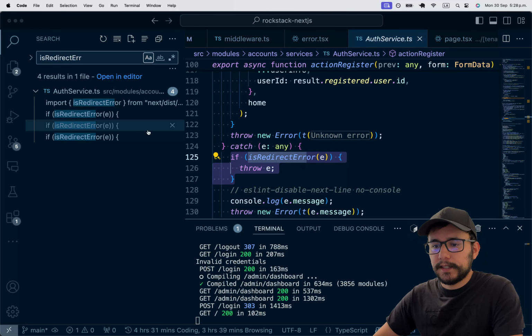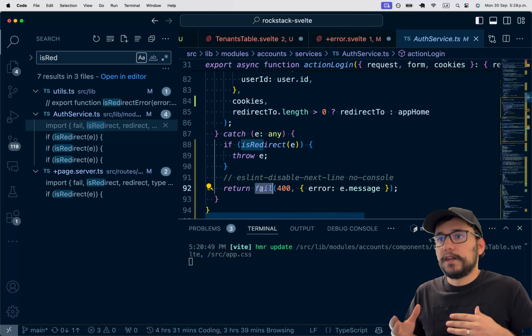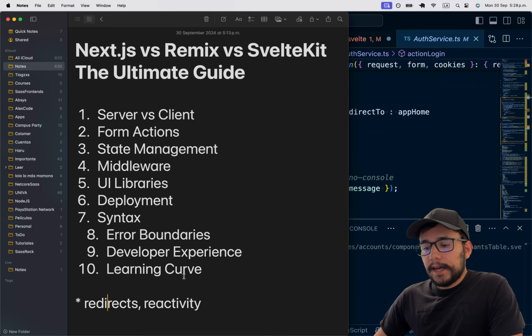They both have a function that knows whether the error is a redirect, so you can rethrow it instead of failing, because failing is not the same thing as a redirect response. And reactivity